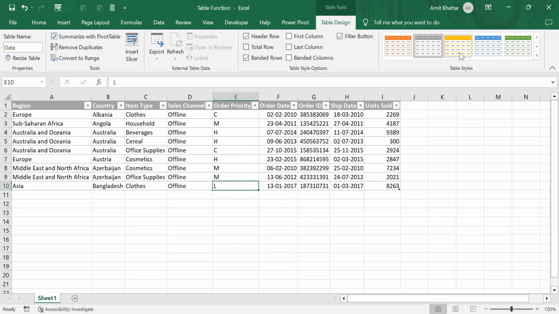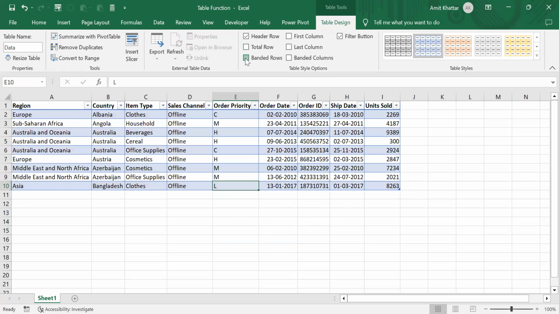Then I can highlight the banded rows. I can remove these banded rows. I can highlight the first column, the last column. I can have banded columns like this, or I can remove the filter button. Now, if I want the filter button, there are 2 shortcuts: Control Shift L or Alt FF. So if I use these 2 shortcuts, I can get the filters